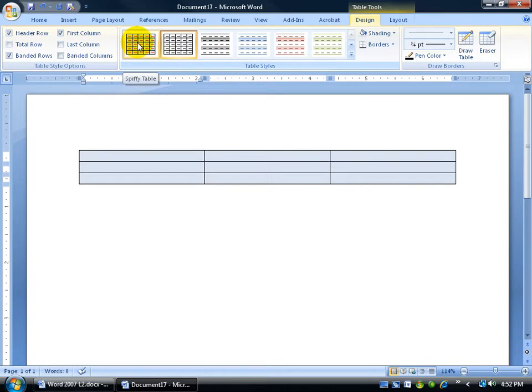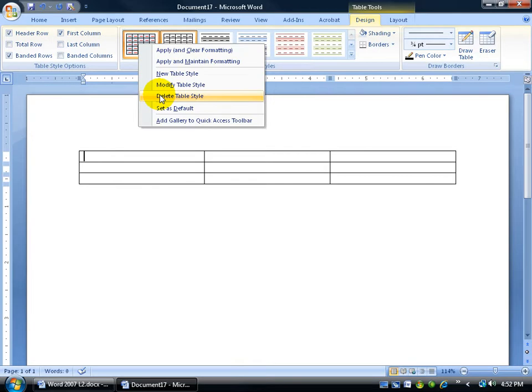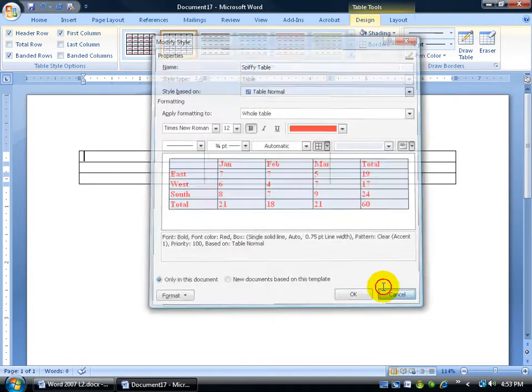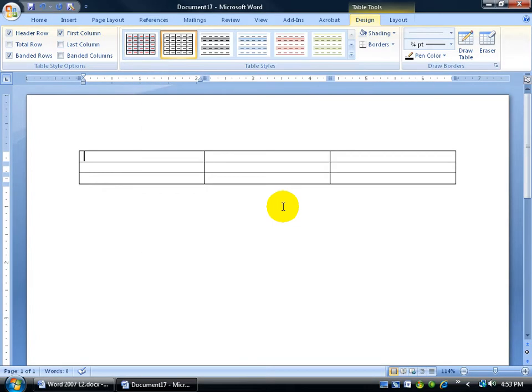There's my spiffy table. Now if I want to get rid of this style in this document, I can always right click it and say delete it. Now when I delete it, it means it deletes it from this document, but not future documents. I could also modify it, of course, and make changes here. But again, if you want to delete it from all future documents or the normal template, then we want to